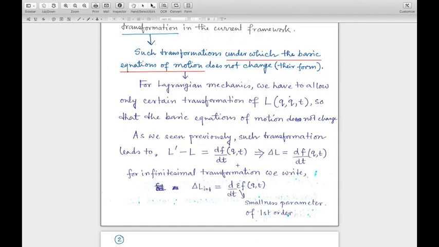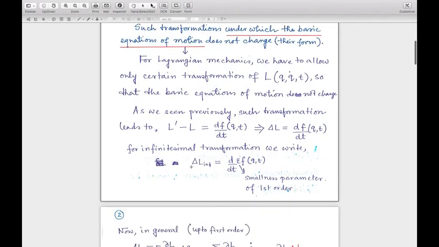The stationary action path always remains the stationary action path, or the path does not basically change, and if the path or the trajectory does not change, that means the equations of motion will not change. And also, as an intermediate conclusion, you can see that the form of the Euler-Lagrange equation will also not change, right? So for that, you have to know that the difference between the new Lagrangian and the old Lagrangian will simply be d/dt of f, where f is a function of q and t only.